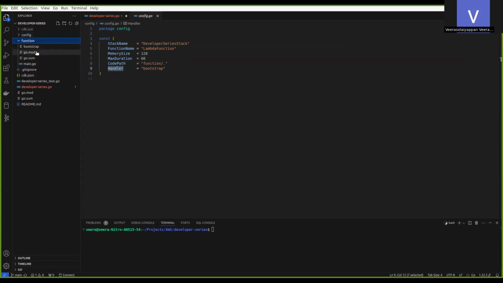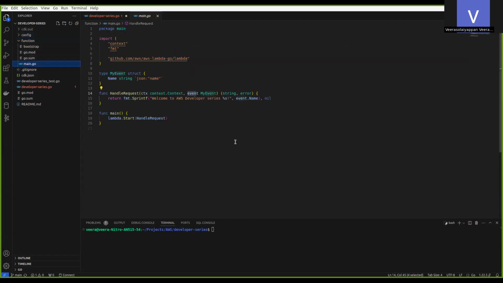In the same directory I created the function folder. It has the Golang Lambda function. How an AWS Lambda function differs from a normal Golang function is that you have to use lambda.Start in Golang. We have to install AWS Lambda Go.